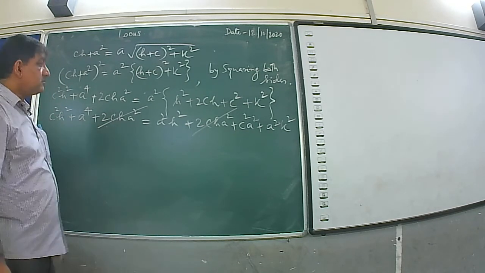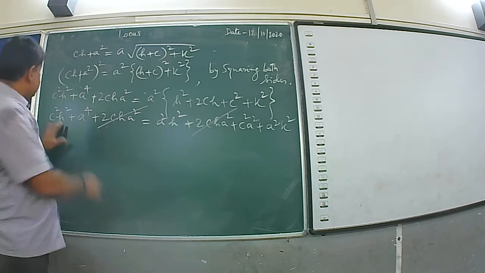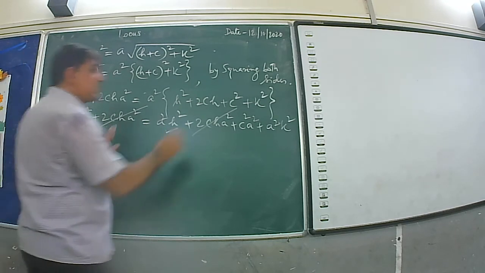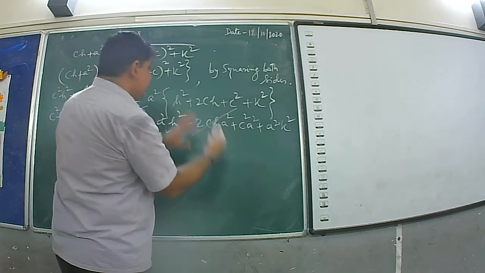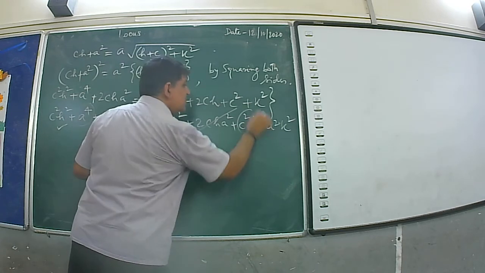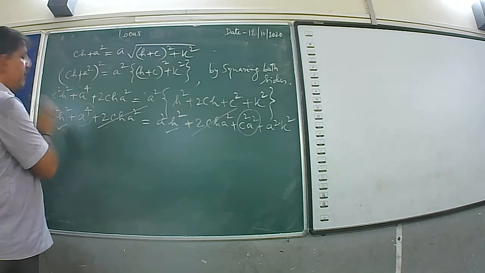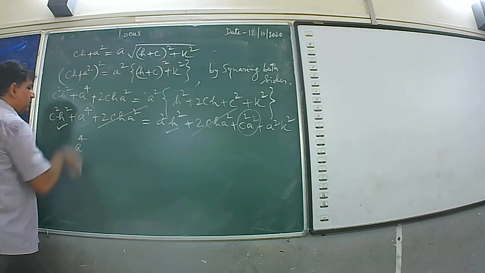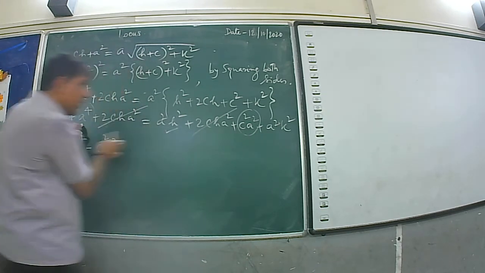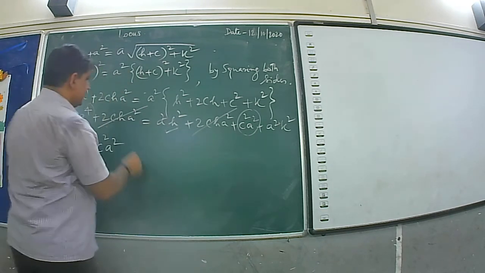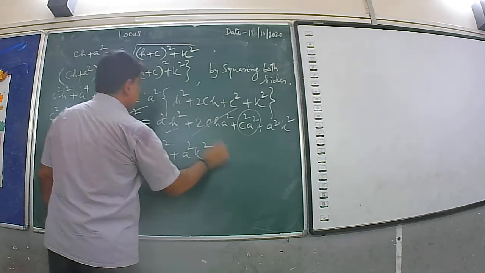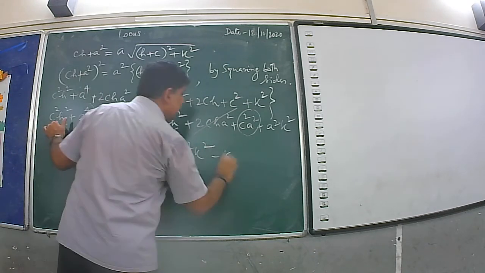Again, we have to consider the term containing H square to one side and term containing K square to the same side and rest term to another side. Here you see, we have A power 4 and here we have C square A square. We should try to keep it in one side. So what happens? A power 4 minus C square A square. We have tried to keep these two terms in one side and rest terms should be kept in another side. What happens? A square H square plus A square K square and then here minus C square H square.